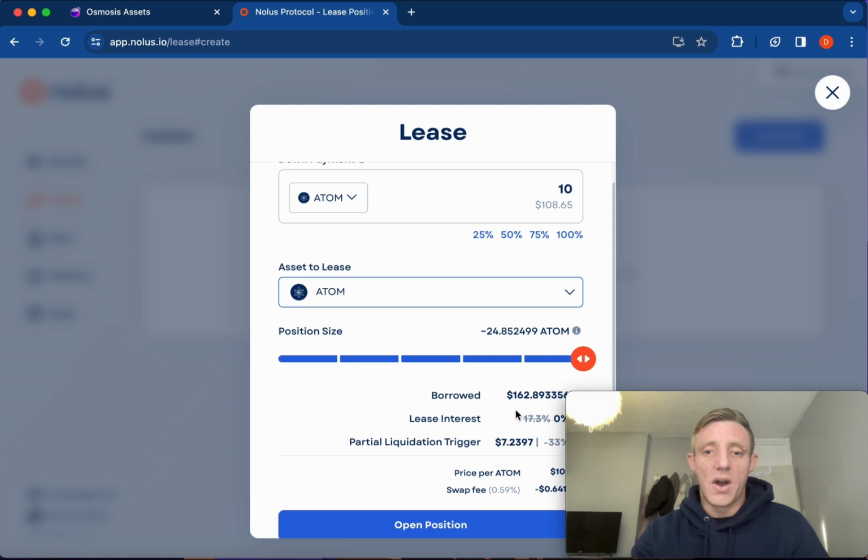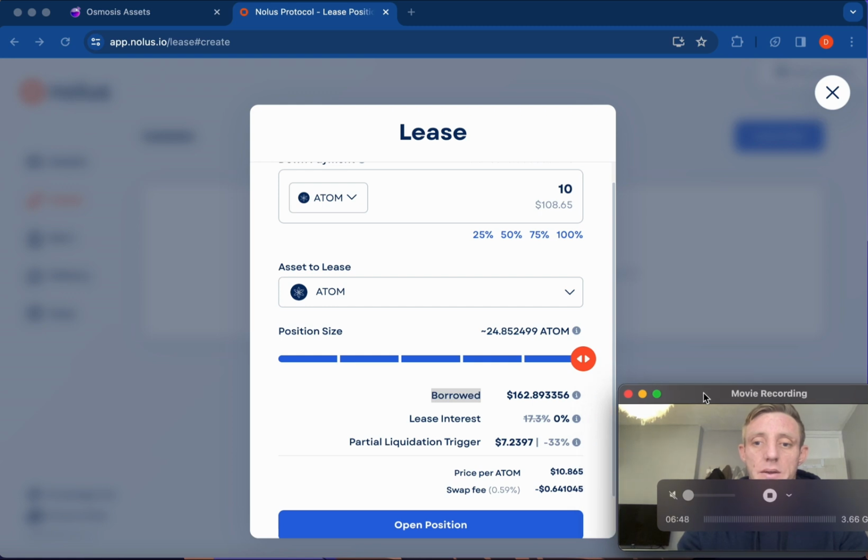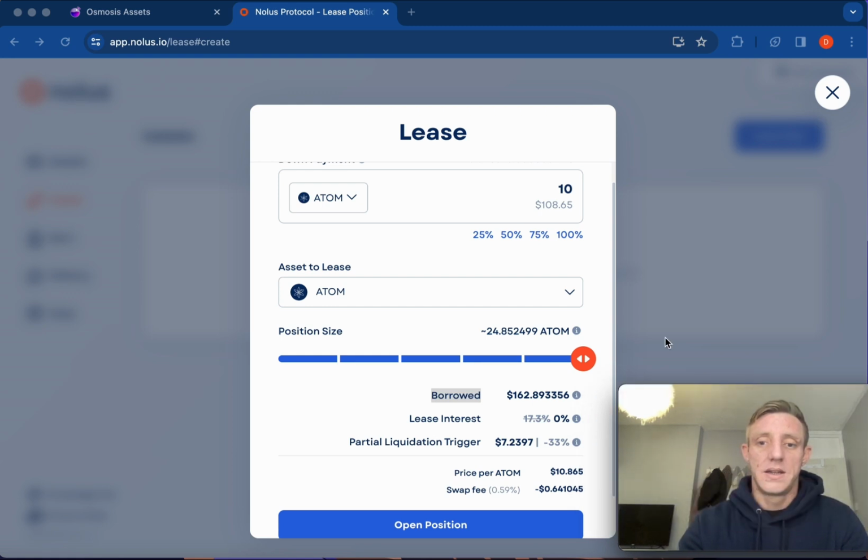So that means I am borrowing $162. I don't know whether I can move. Let me just try and move that out of the way very slightly. Yeah, so you can see here I am borrowing $162. The interest is free, but it will be back on in January. And the partial liquidation rate is minus 33% from the price it's currently at. So this lease will partially liquidate at